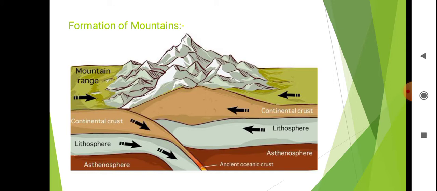Student, formation of mountain, these three processes are very important. One is folding process, second is faulting process, and third is volcanic activity. For example, the Himalayas formed when the Indo-Australian plate and the Eurasian plate collided. As one plate moved below the other, what is modern day India and Central Asia came together and were forced